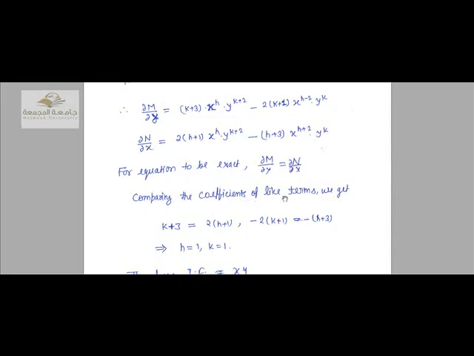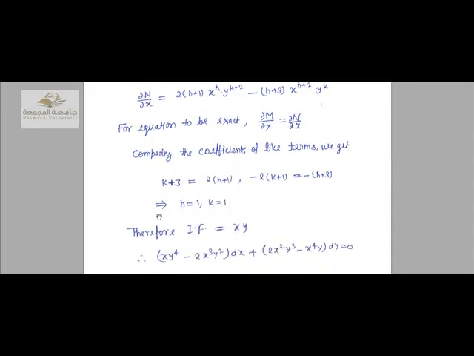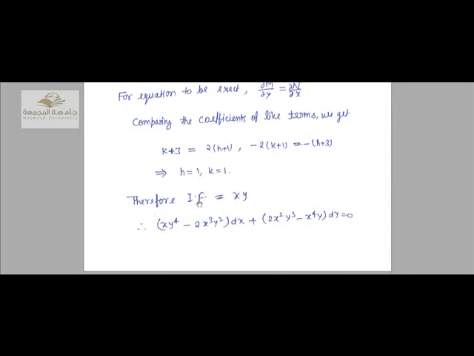Comparing the coefficients of like terms, we get k plus 3 is equal to 2 plus 2 into h plus 1, and minus 2k plus 1 is equal to minus of h plus 3. This implies h is equal to 1, k is equal to 1. Therefore, the integrating factor is equal to xy, and therefore